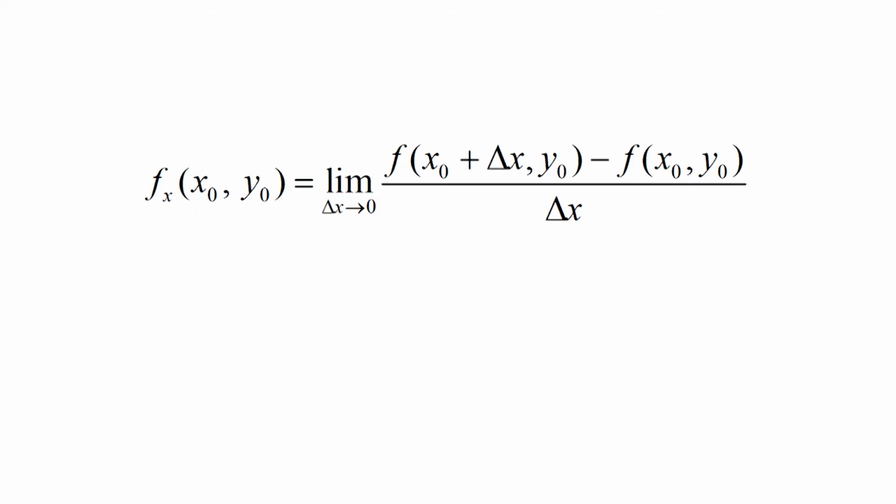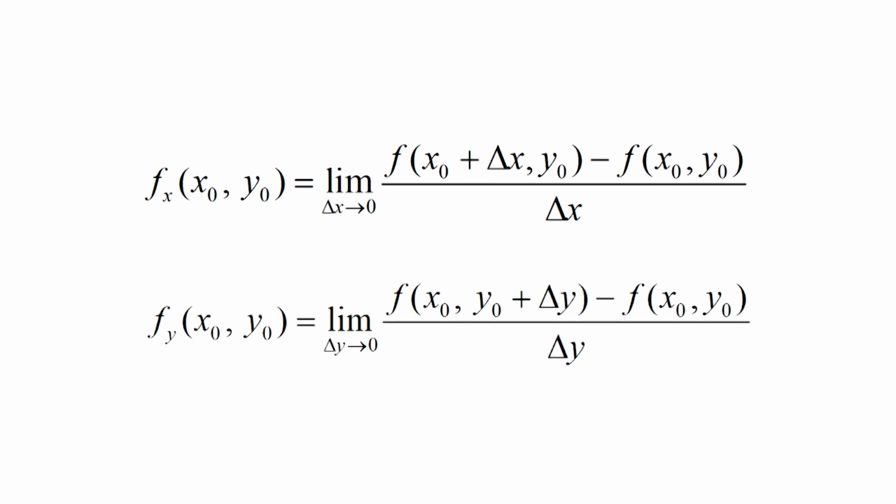It is not evident from the formula of the given function whether f has partial derivatives at the point (0, 0), and if so, what the values of those derivatives are. So, we use the following definitions of partial derivatives. f_x(x₀, y₀) is equal to the limit as Δx tends to 0 of [f(x₀ + Δx, y₀) - f(x₀, y₀)]/Δx, and f_y(x₀, y₀) is equal to the limit as Δy tends to 0 of [f(x₀, y₀ + Δy) - f(x₀, y₀)]/Δy.